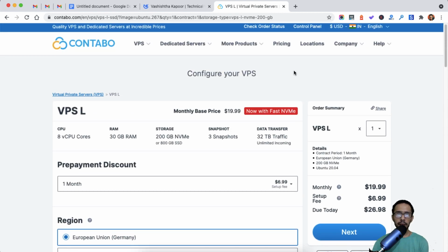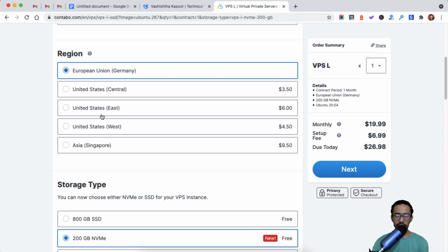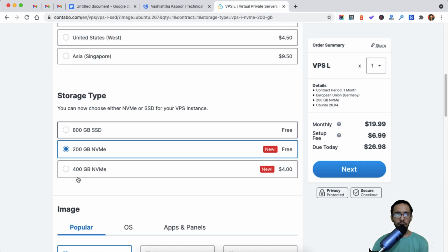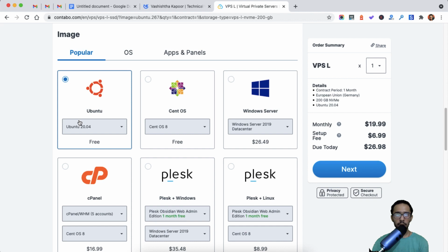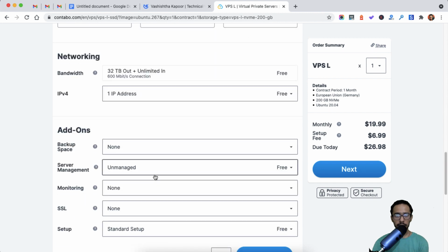Now to quickly make your order, you just need to make sure all your requirements are met in the plan. You have checked the right region. You have chosen NVMe storage and the free option over here. And also you have selected Ubuntu or CentOS or any of your preferred option over here.